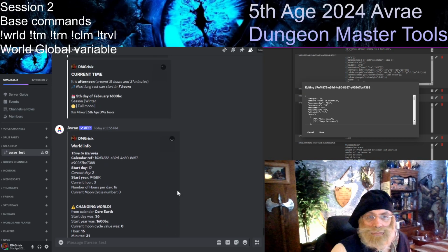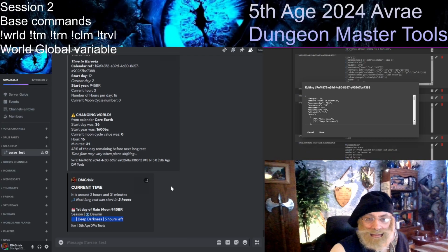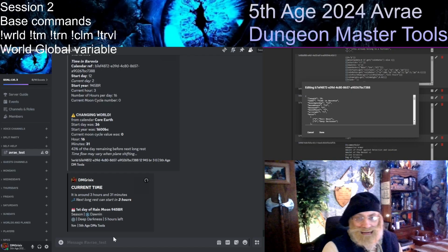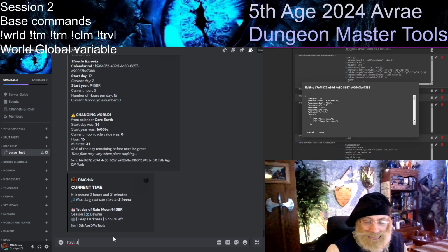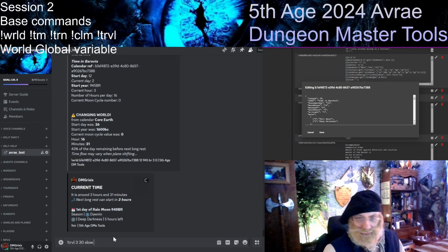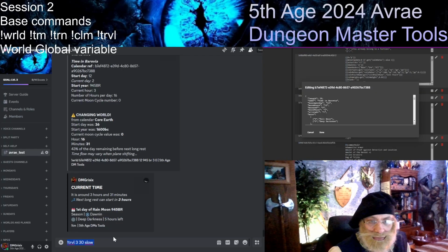So our group has traveled for a little bit. They find this entrance, maybe into the sinister mists that are around Barovia. They decide they don't want to stay too close to the mist, and they decide to travel for, let's say, 3 hours here, the remaining 3 hours before they have to long rest, as they feel the weight of Barovia's gloominess weighing on them. They're going to go at the 30 feet base speed of the slowest traveler, and let's say they are not sure what's going on around them, so they are going to go at a slow pace.